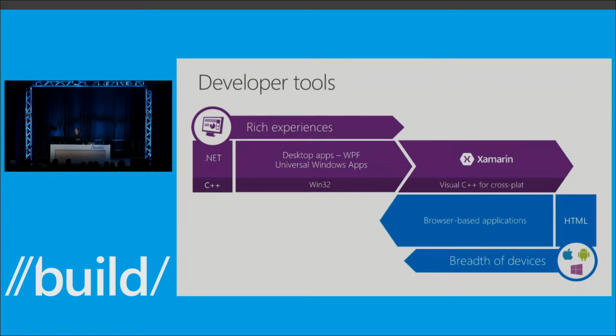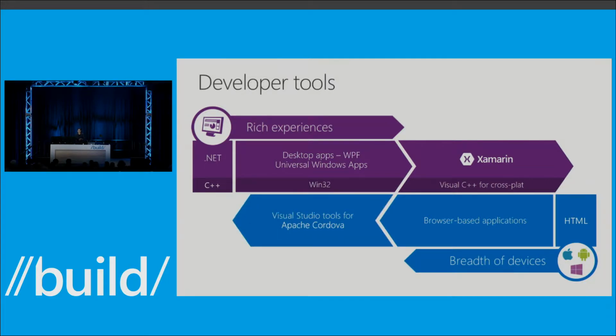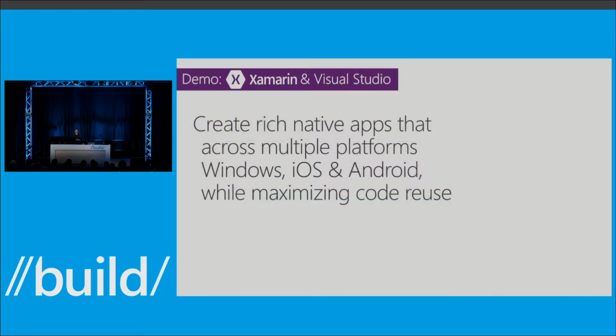For the breadth of devices, if I start in the web space, it starts with the browser-based applications. But what we have been working on over the past year, we announced it at TechEd last year, is the very early alpha of the Visual Studio tools for Apache Cordova. I'm very excited to announce that today we have reached RC for Visual Studio 2015. So now we have a Go Live license. You can actually go ahead and build production-ready apps using the Visual Studio 2015 RC using the tools for Apache Cordova. And I will go into a bit of what the tools for Apache Cordova are. But first, I'm going to kind of jump into demo.